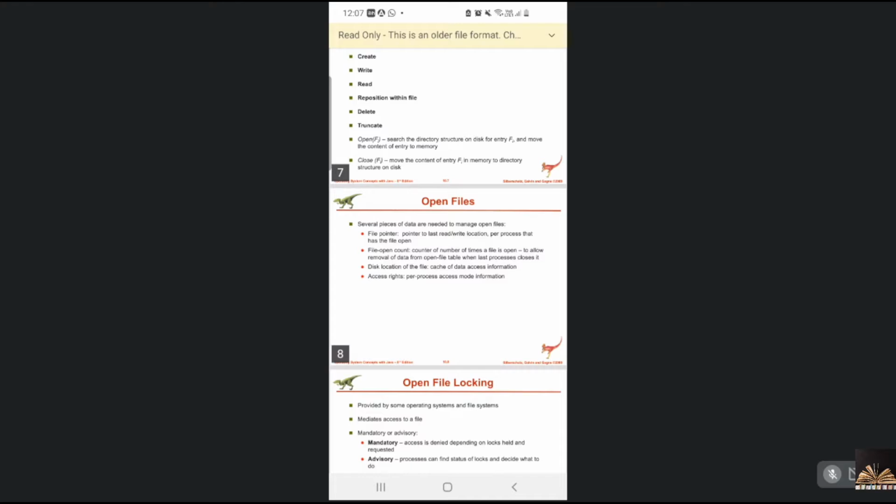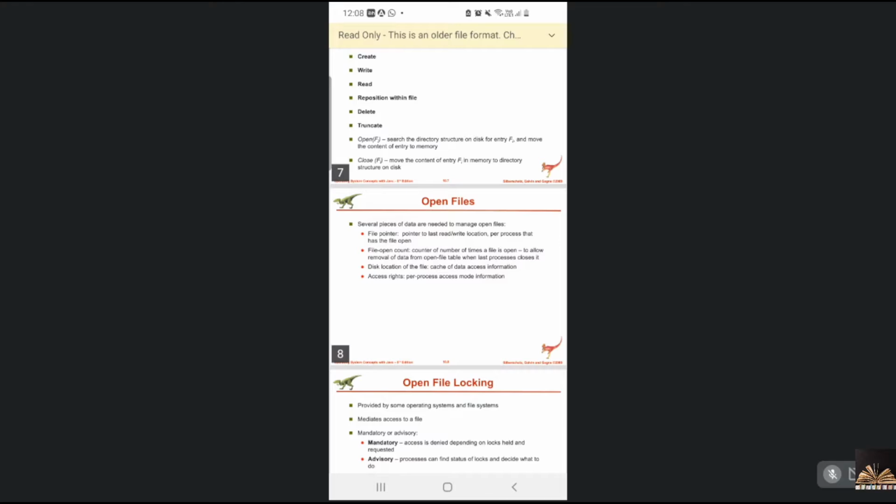Then the file open count: it has to keep the information of how many times that file got opened. And coming to the disk allocation of the file, it will have the information in the cache, the data access information.